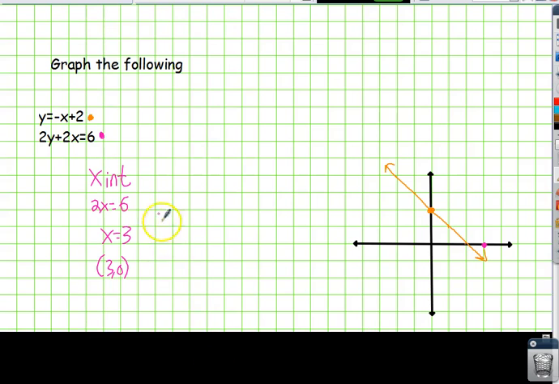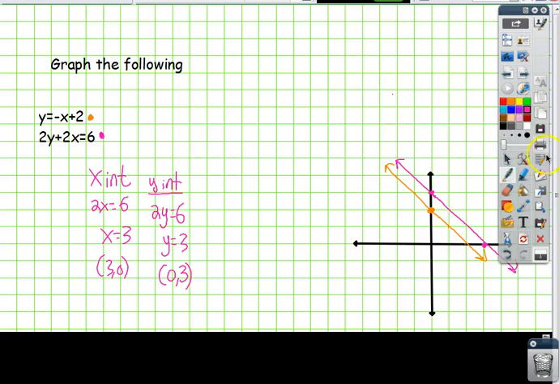I then, to find my y-intercept, I let x equal 0, and I get 2y equals 6, which means y equals 3, which is the point (0, 3). Boom. I then connect my dots, and what happened here? They don't touch, which means I have no solution, which if you think about it kind of